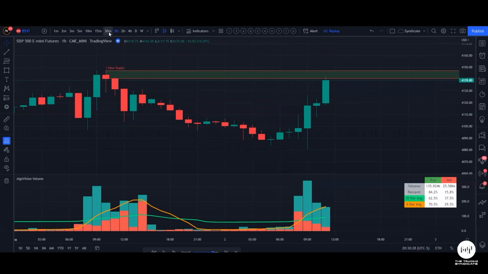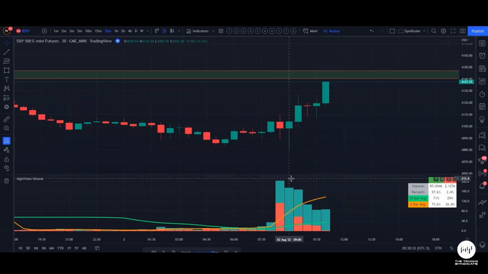So scaling down to the 30-minute time frame here, you will already notice that there is a decrease in overall volume, the combined amount of volume between buyers and sellers. However, notice that as we lead up into the zone, the proportion of buyers and sellers is ever so decreasing as we get closer and closer to the zone. Now, if we play this out,